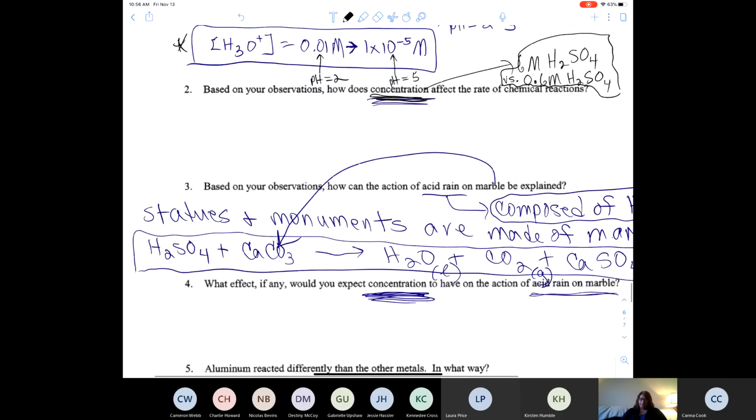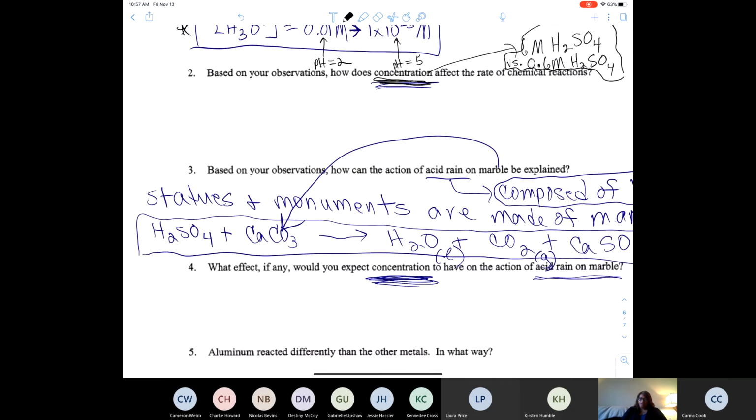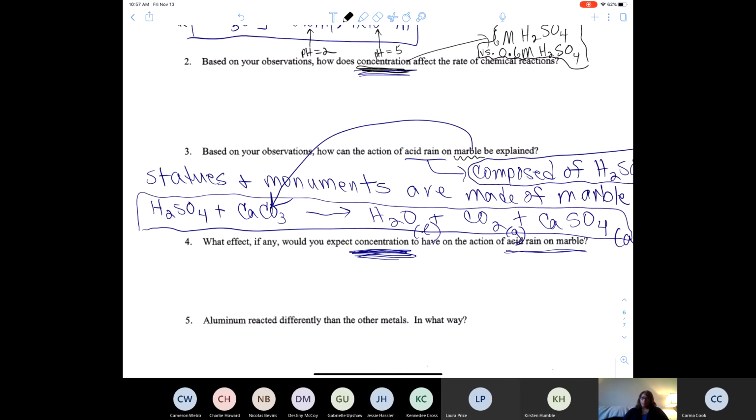Question 3, marble is a component of lots of building materials, kitchen countertops and tile and things of that nature, but also statues and monuments are largely made of marble, especially in Washington, D.C. So if you've got acid in the rain, then when it rains, it's going to react with the marble in the statues. And so marble